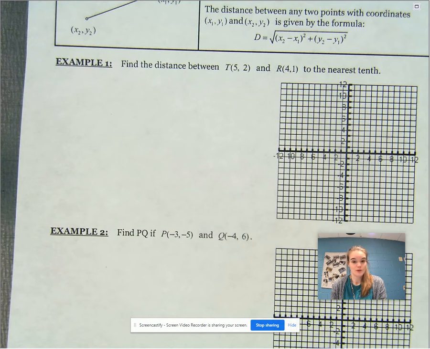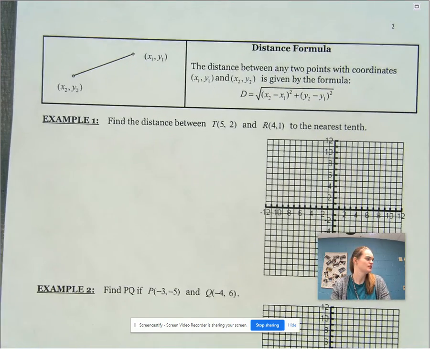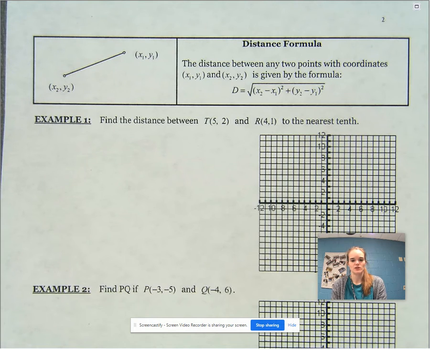You need to either memorize the distance formula or know how to use it based on its connection to the Pythagorean theorem. And I'm going to show you both ways. I like using the Pythagorean theorem better, but you get to choose. So let's look up here at the distance formula. The distance between any 2 points with coordinates x1, y1 and x2, y2 is given by the formula shown, where the distance equals